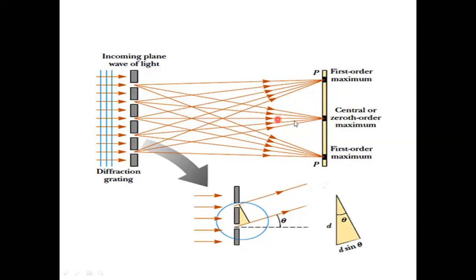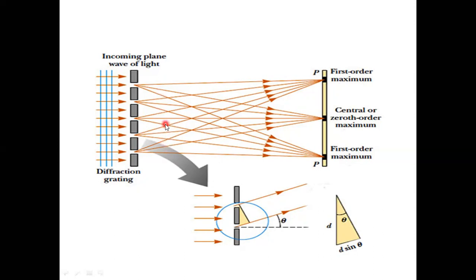So all the rays which are superimposing, all the rays which are moving further without any divergence, without any bending, and superimpose, they will give the central maxima on the screen. Now what are these rays? These are rays 1, 2, 3, 4 and 5. Now these rays are diffracted to an angle of theta 1. Let us suppose these are diffracted to an angle of theta 1 from their original, straight direction.